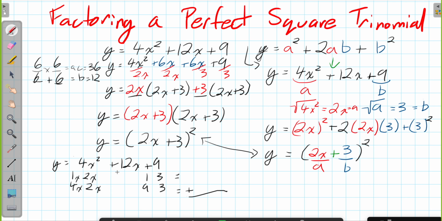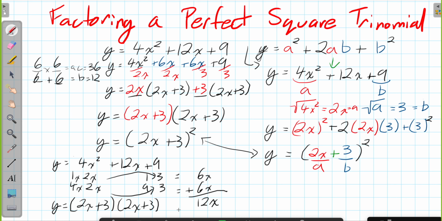Instead of going through the first ones, I know it's going to be 2x times 3, 2x times 3. That's going to give us 6x and 6x, and it had to add up to our 12x. So the final value here is going to be 2x plus 3, and the other bracket's going to be 2x plus 3. And like we did before, we would just condense. I ran out of room. Y is equal to 2x plus 3 squared. Yep. So all of these methods work. They just kind of want you to be able to recognize if something is